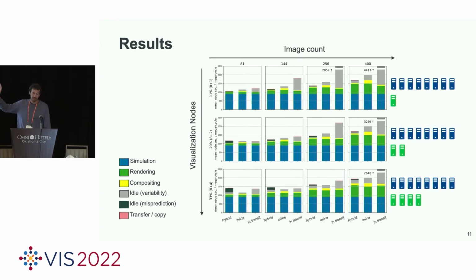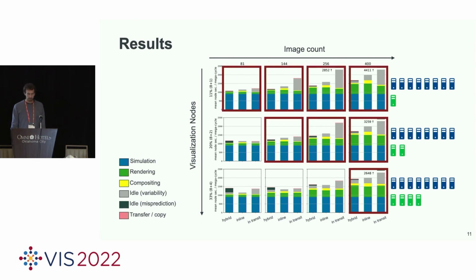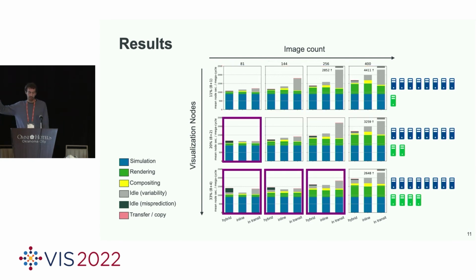We now extend the study with different ratios of visualization resources. Of course, this only impacts our hybrid and the in-transit technique that makes use of such dedicated resources. We observe that our hybrid in situ approach can also flexibly adapt to different numbers of dedicated visualization resources, at least as long as there is enough visualization work to occupy these additional resources. When the amount of work per visualization node becomes too low, then these nodes will still have to sit idle while the simulation advances.